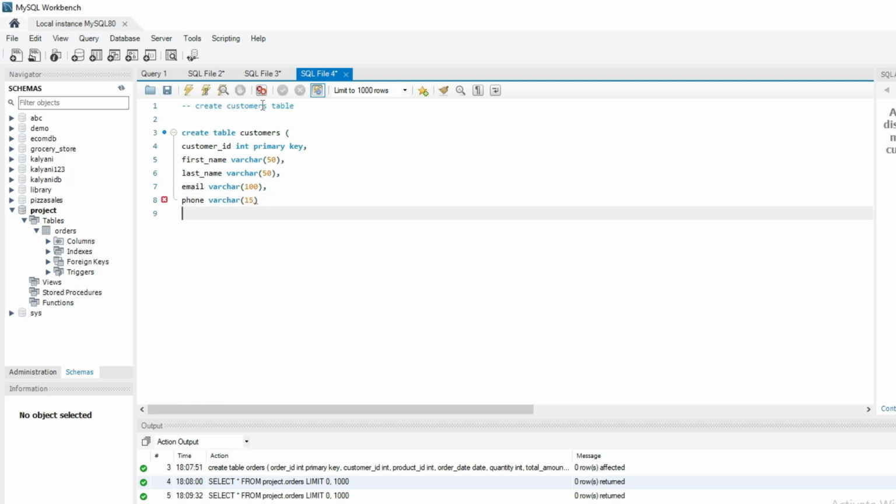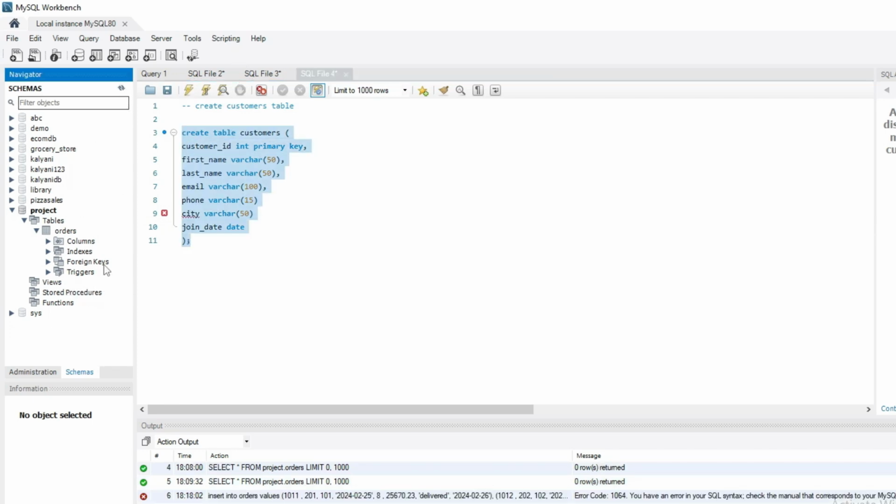Okay. Then we'll take city. And it is in varchar. And the limit is 50. Then we will write join date. The next feature is join date, and the data type is date. And now close this and semicolon. Now let's create this table. Okay. Once we refresh it, we can see that